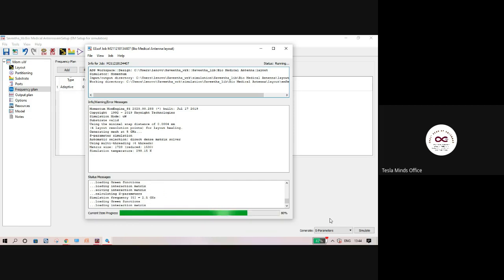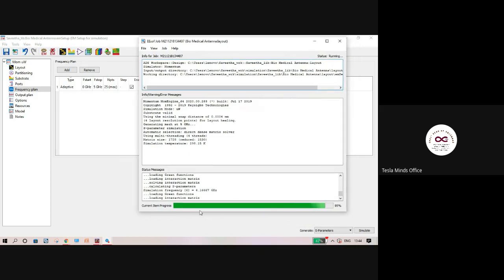So yeah, let's wait for the software to complete. I have given 25 points. So we can see the simulation number there. If you can read this running log, you can see Green's function, interaction matrix. That's the point where I understood why we study mathematics. So what happens here is, just to show you,